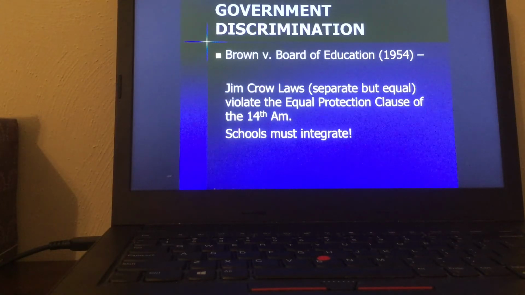But the Supreme Court said, no more segregation by race. You can't segregate by race in schools. And so sort of by inference, then you couldn't segregate in other services as well, train cars or hospitals or anything like that. So basically, Brown put an end to government segregation, specifically by race. And this was in 1954. And we watched the video in class about Little Rock and how even after this decision, a lot of states still continued to fight it, and it took a long time. But this was a big case for a lot of reasons. We're going to read that in class.